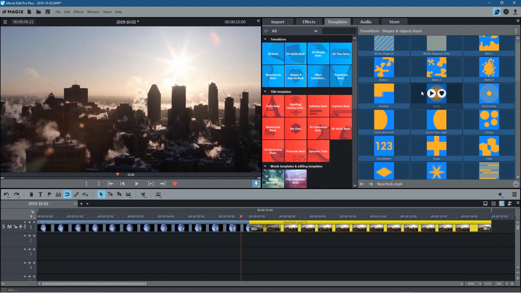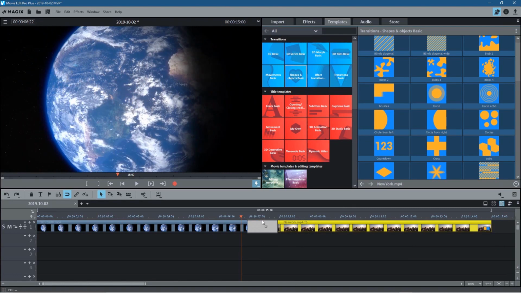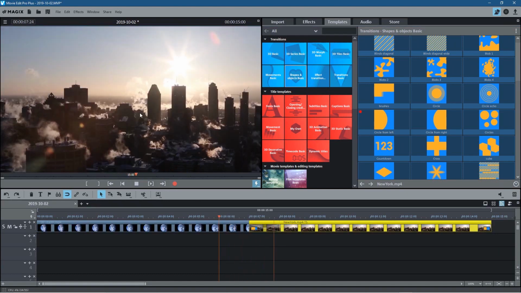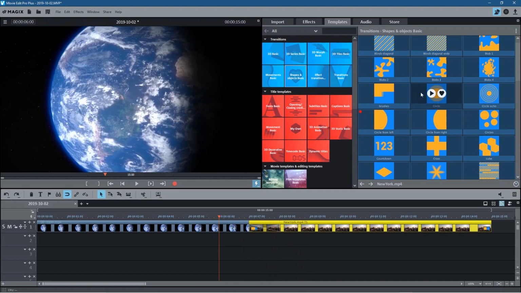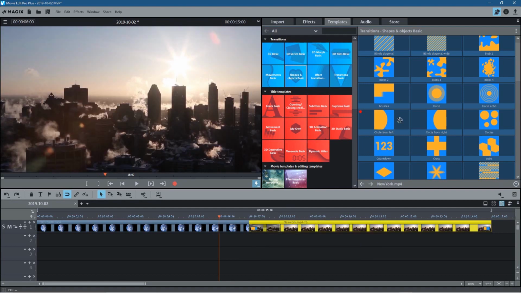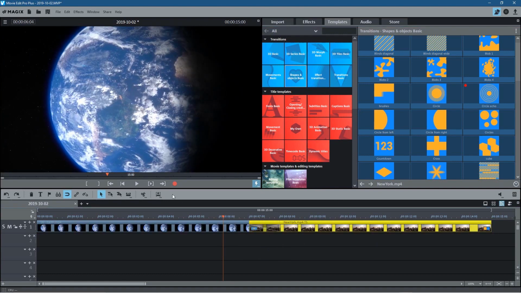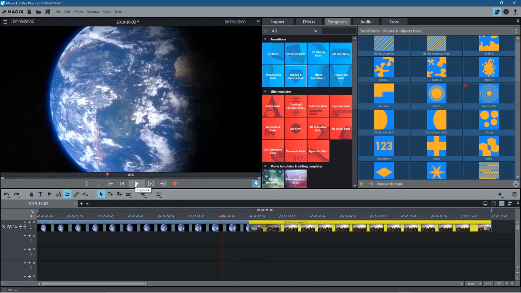So normally something like circles, if I drag that, well, let's have a look at this one. Can you see this one's quite small? Can you see how small that grey block is? If I drag and drop that here and then click play, you'll see the transition looks much smoother. It's much more natural. If I drag the circle one, you can see how big it is. Or if I drag this one here, you can see it's small, right? So if I drag and drop that one in there and click play, it will transition in a more natural way, in the way that it was supposed to be used,